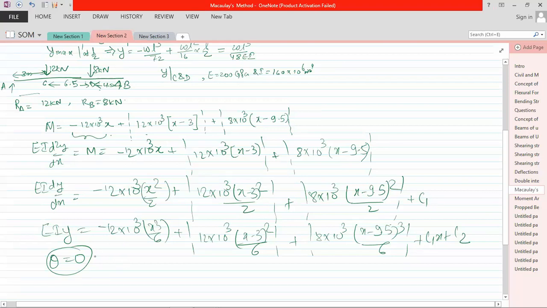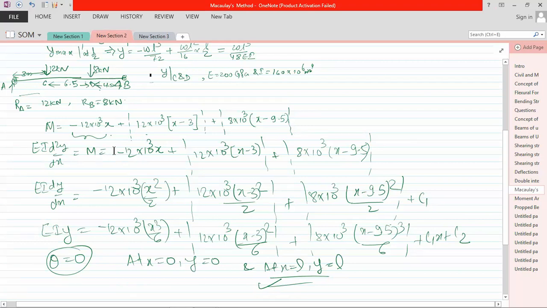So you need to put these two equations: at x is equal to 0, y is equal to 0, and at x is equal to L, y is equal to 0. Okay, these are the two boundary conditions. It means here the deflection is 0, and here also the deflection is 0. Put these two boundary conditions and your